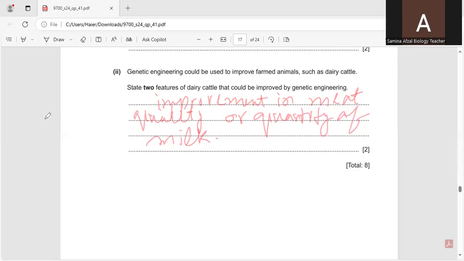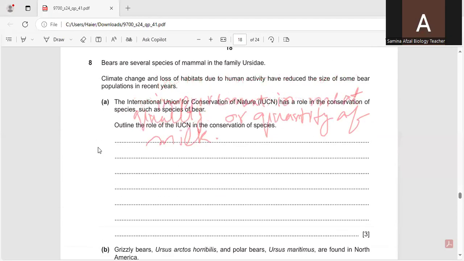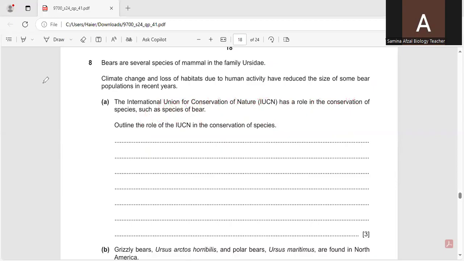So now we are moving towards the next question, number 8. There are several species of mammal in the family Ursidae. Climate change and loss of habitats due to human activity have reduced the size of some bear populations in recent years. The International Union for Conservation of Nature has a role in the conservation of species such as species of bear. So,